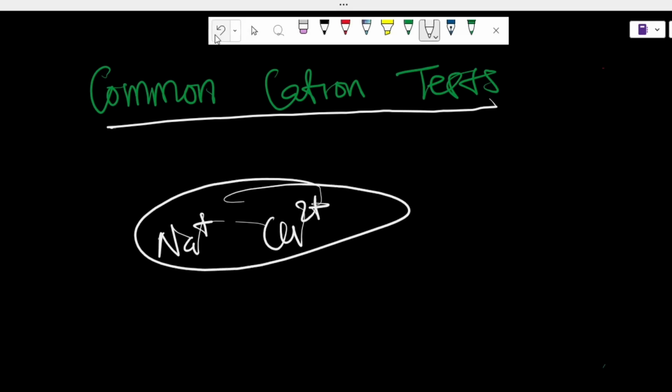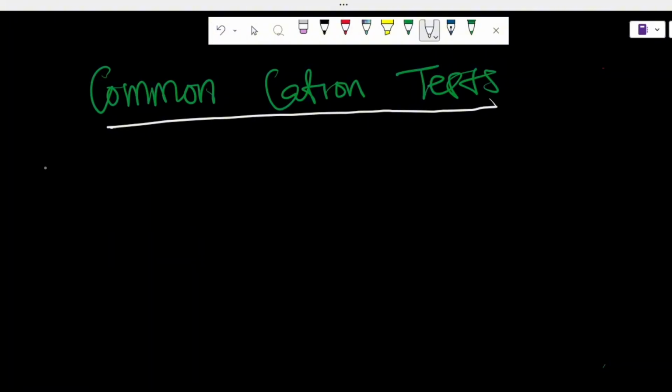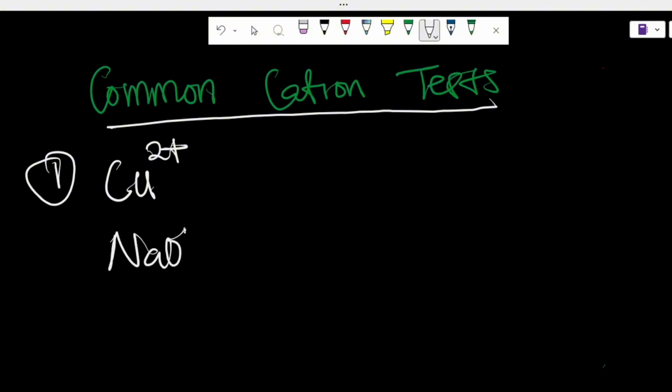They are positively charged ions. So the first one will be the copper 2 ions. How do you identify the presence of copper 2 ions? Now, all you have to do is add sodium hydroxide to any solution containing copper 2 ions,